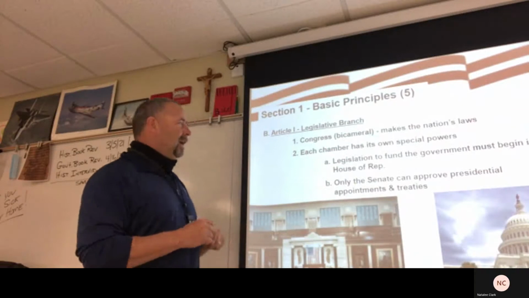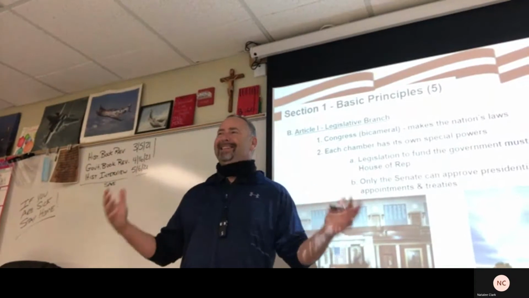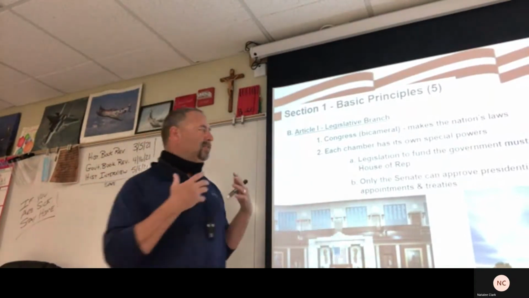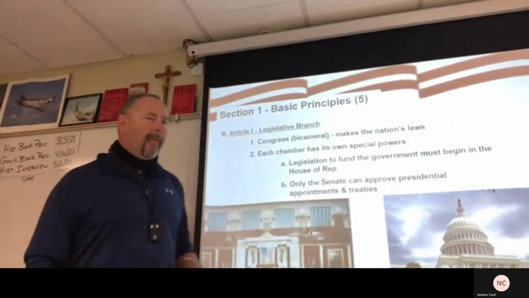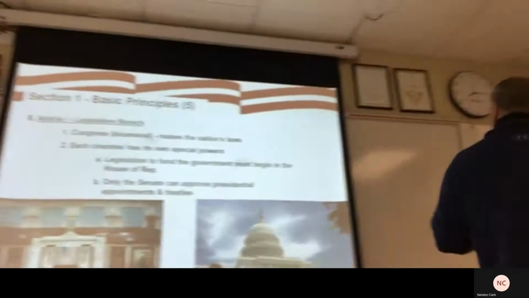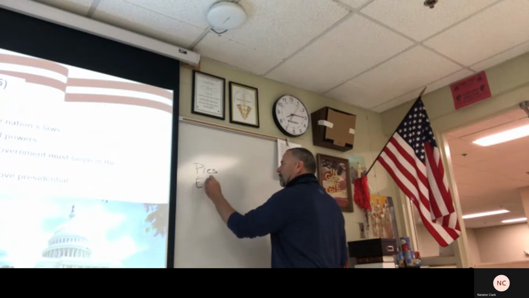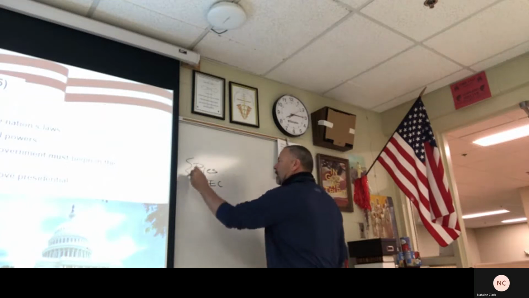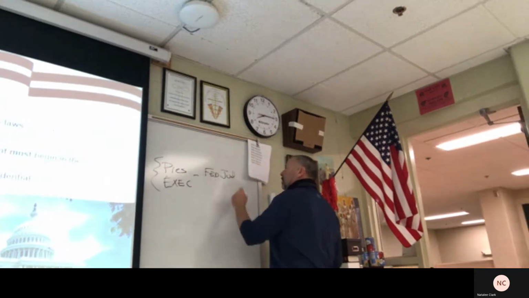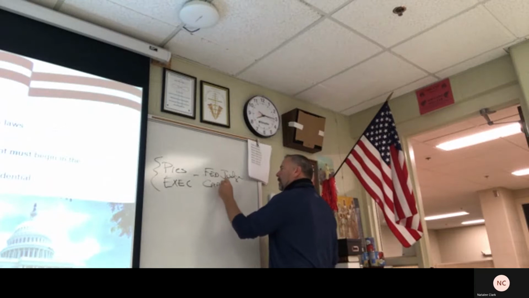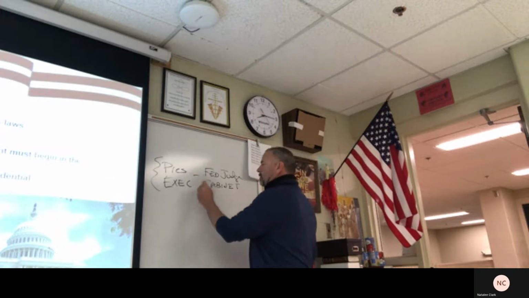And the Senate has this role described in the Constitution as advise and consent. They advise the executive and consent to his appointments and his treaties, the president. So you guys probably remember, when the president, or the executive, the chief executive, appoints a federal judge or a cabinet member, like the Secretary of State, that has to be approved by the Senate.